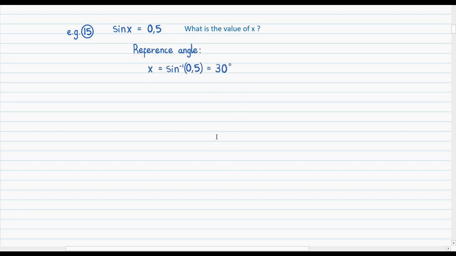degrees. Then the next step was you need to note the sign of the function value. This time it's sine x is equal to 0,5, so the function has a positive value. Then the third step was check which quadrants the function has the sign from the second step using ASTC. So sine is positive in the first and second quadrants. Then the fourth step was determine the other angles by applying the quadrant rules. So first we know it will be in the first quadrant, for which it will just be equal to 30